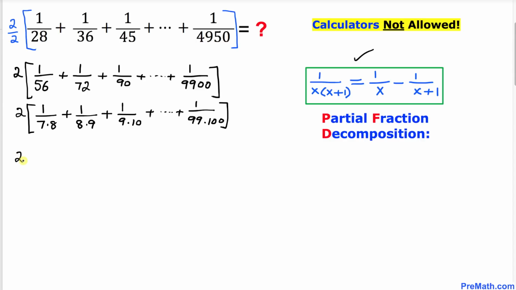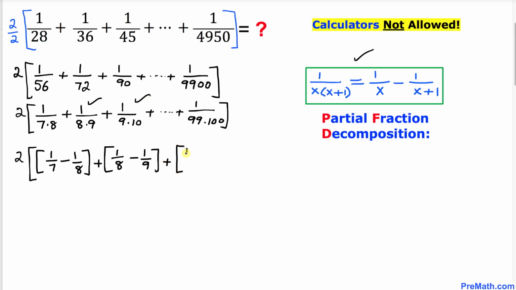So therefore, I can write this first fraction as 1 over 7 minus 1 over 8, plus this second fraction, likewise, as 1 over 8 minus 1 over 9, plus this next fraction as 1 over 9 minus 1 over 10, plus all the way to